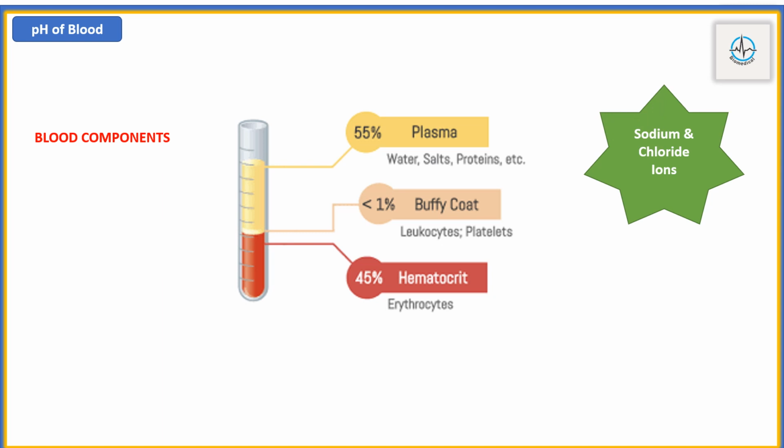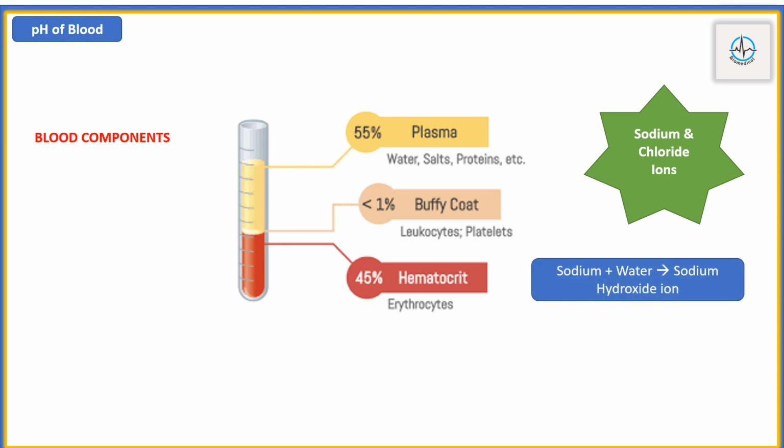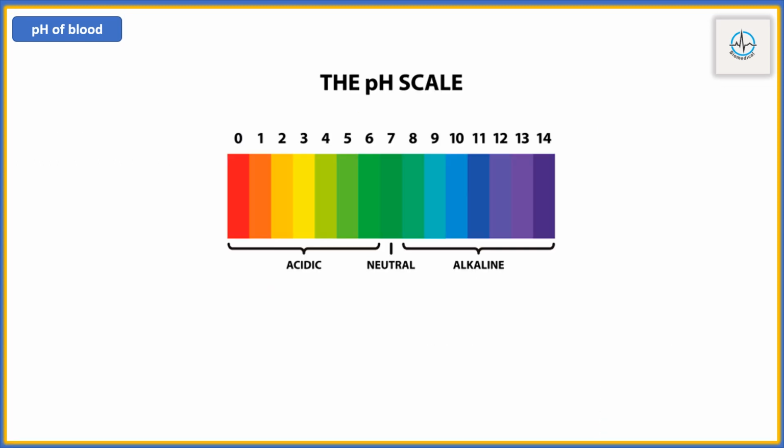Salts have the tendency to attract water. When salts react with water, they form hydroxide ions. For example, sodium when reacting with water will provide sodium hydroxide. When the concentration of hydroxide ion increases, the pH value increases. We know that if the concentration of hydroxide ion is more, then the solution will become alkaline. So if the hydroxide concentration is high, the pH of that solution should range from above 7 until 14.